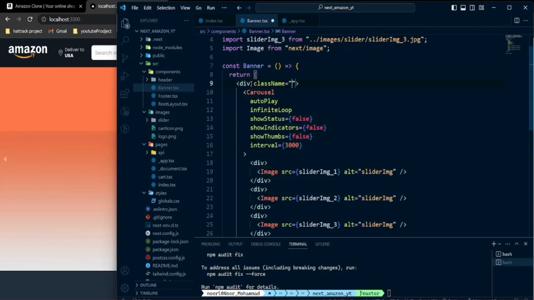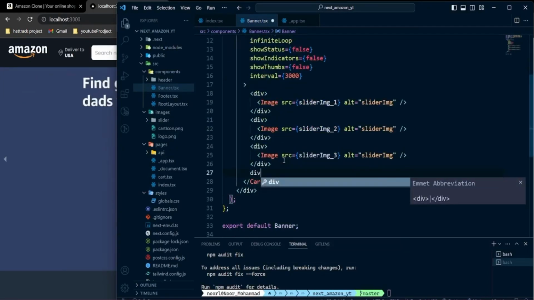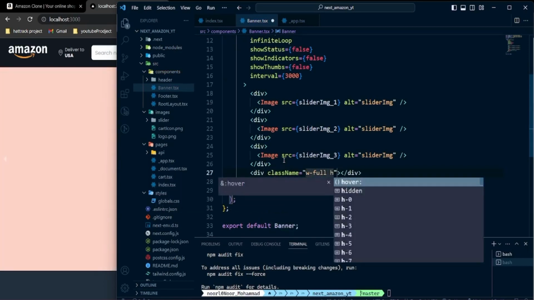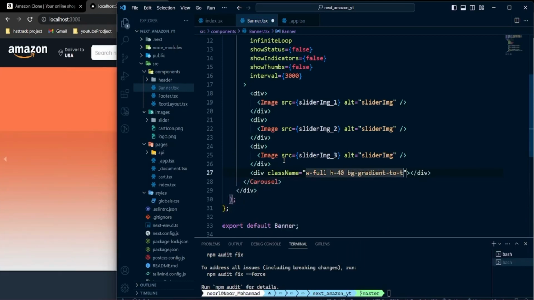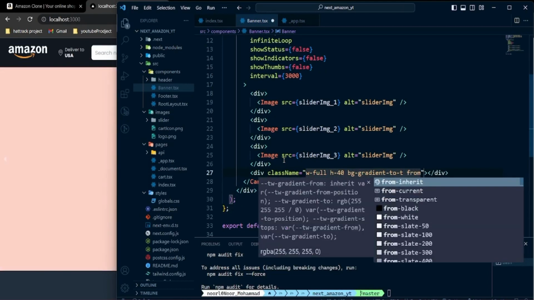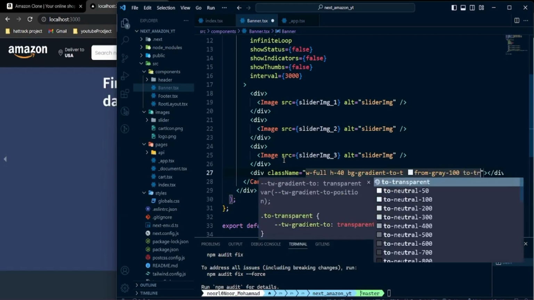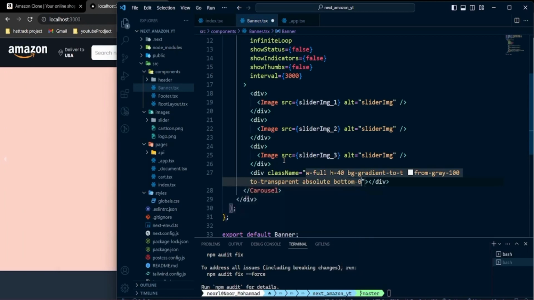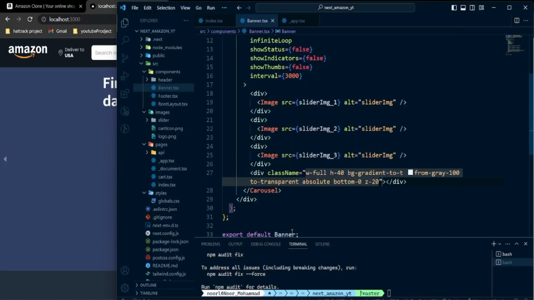So what we're gonna create, I'm gonna give a class name. I'm gonna make it as relative. So in the bottom, I'm gonna take another div, and in that div, let's give a class name with the full width and height. I'm gonna give a 40, and the background will be a gradient from the top, from gray, I think 100, to transparent, and I'm gonna make it absolute, and the bottom will be 0, z-index will be 20. And what it's gonna do,